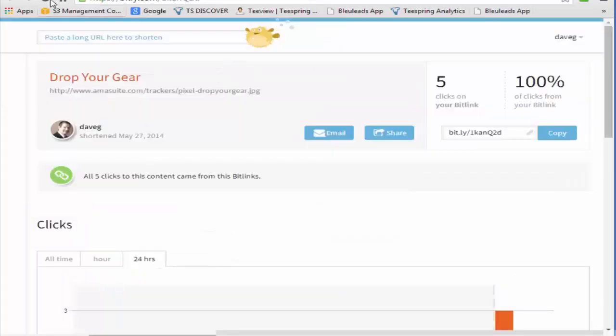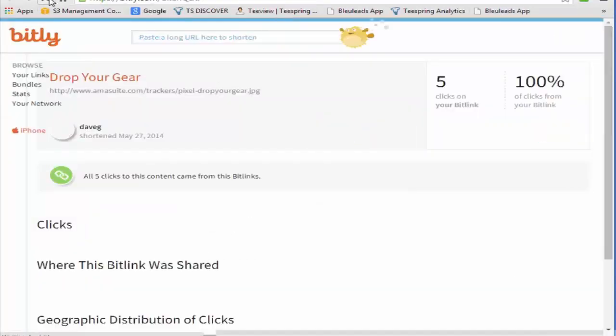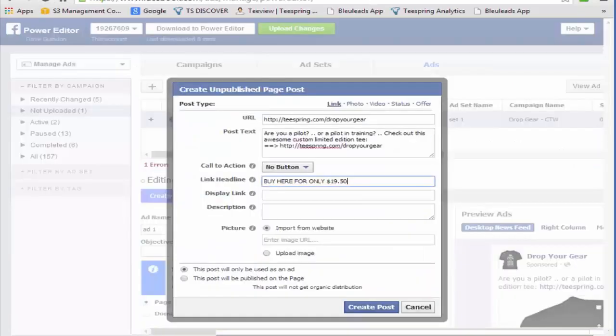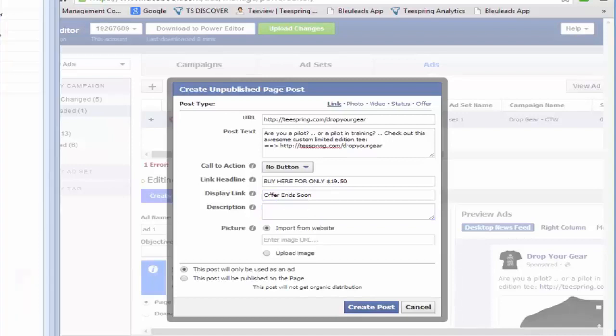Let's go see if any traffic's come through. Nope, no traffic yet. Okay, let's go back. Buy here for only $19.50. Your display link, I usually put "offer ends soon," so I put that there. And then here I usually put stuff like